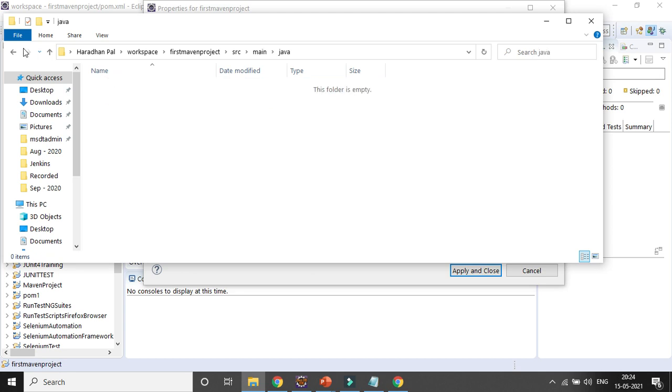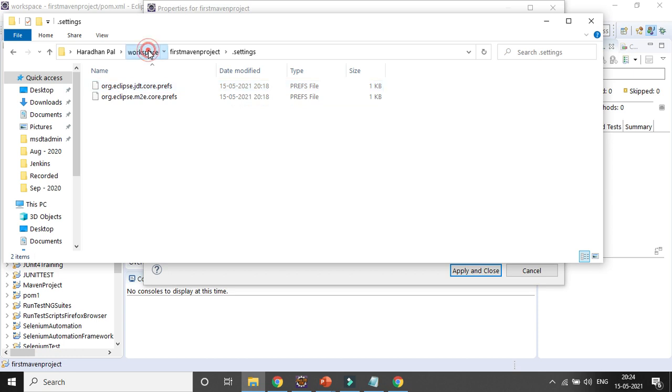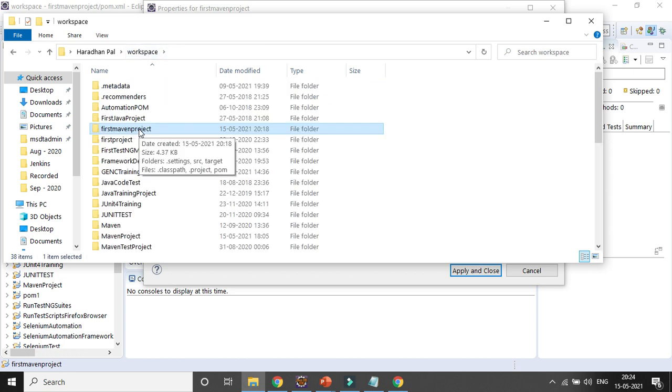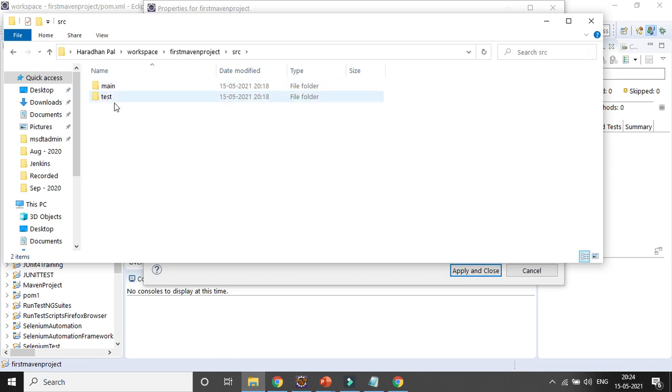Java, nothing is there now. Test, nothing is there. If you go to the .settings folder, nothing will be there. So now if you add anything, it will be available in the src folder, test folder.